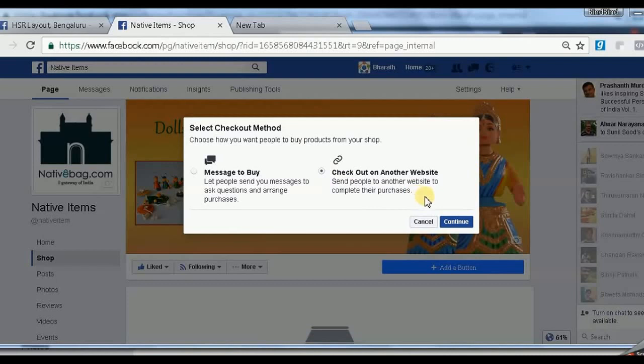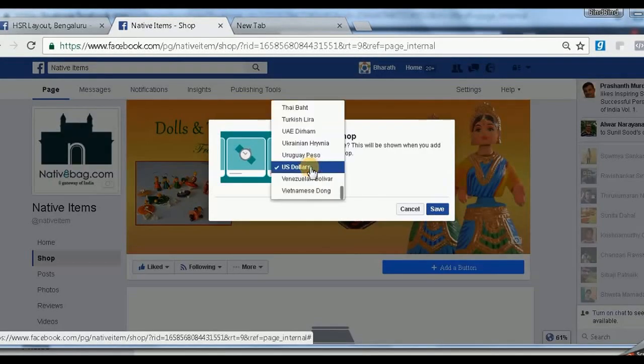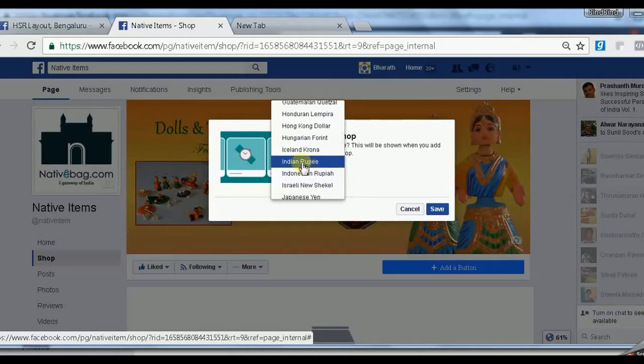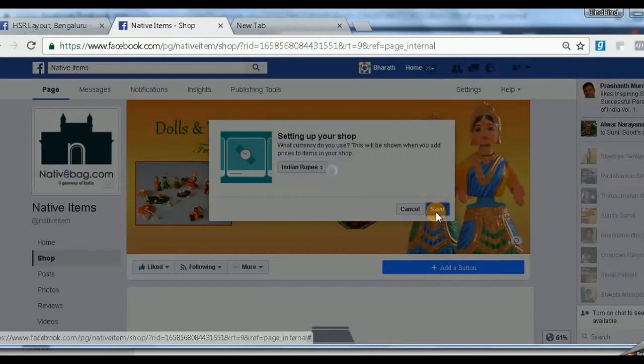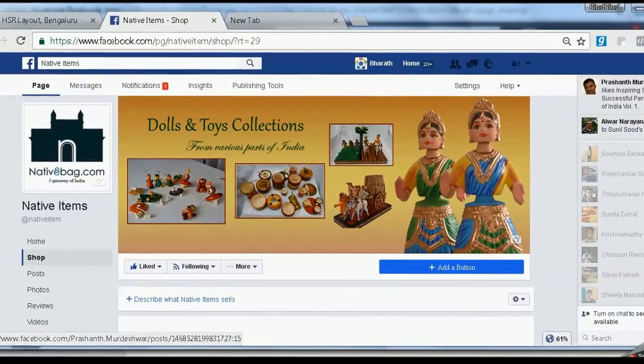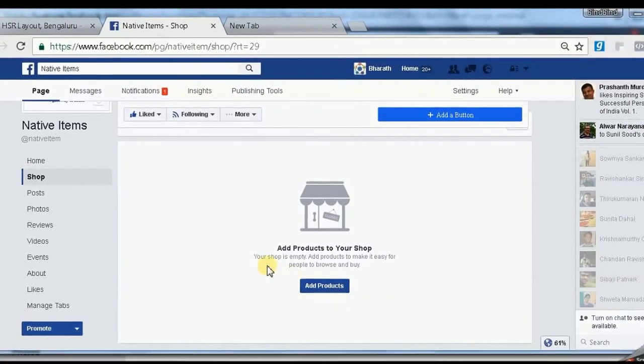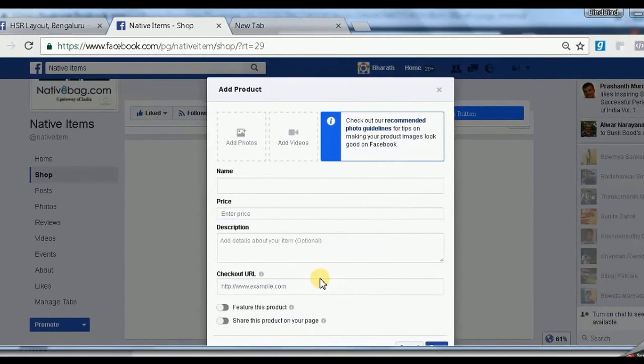So click on checkout on the website and click on OK. You can select Indian rupee or the corresponding currency and click on save. So now your shop is set up, and now you can add your products.